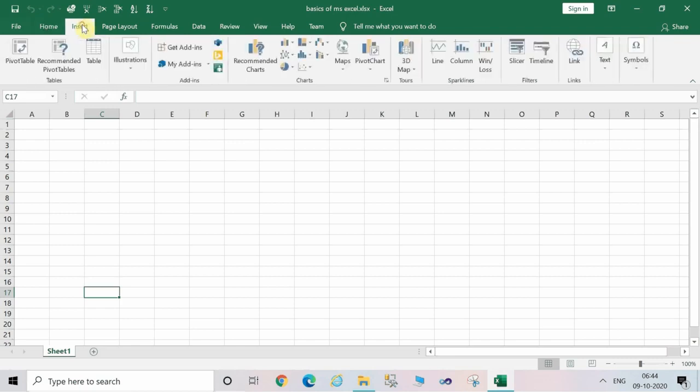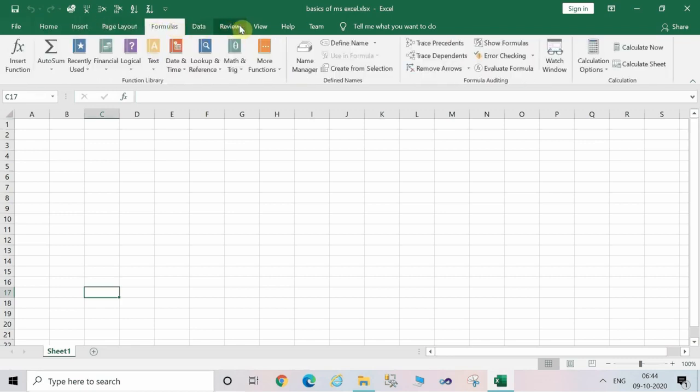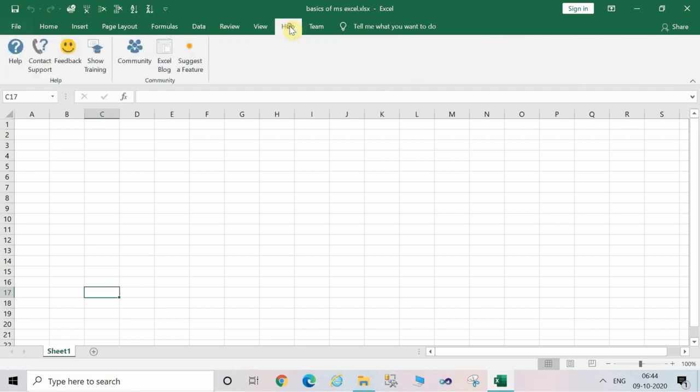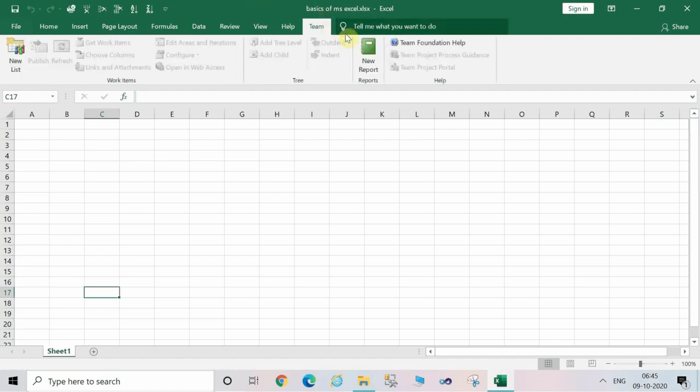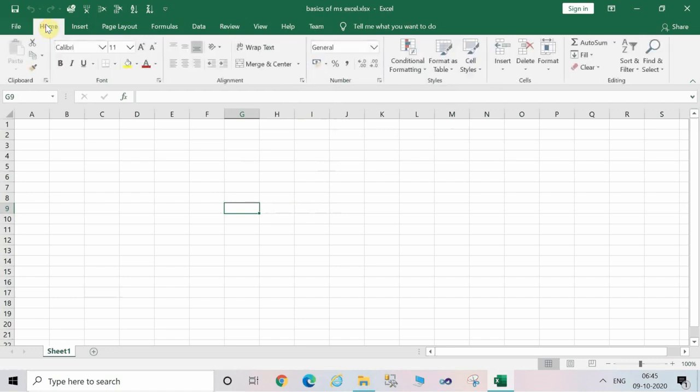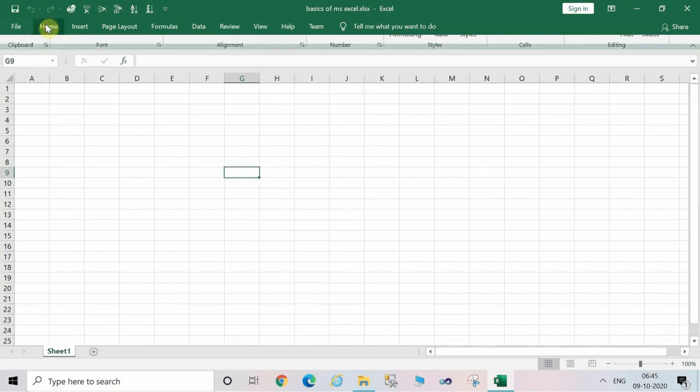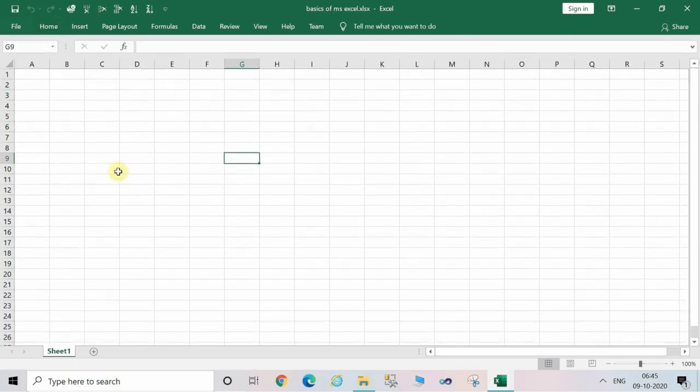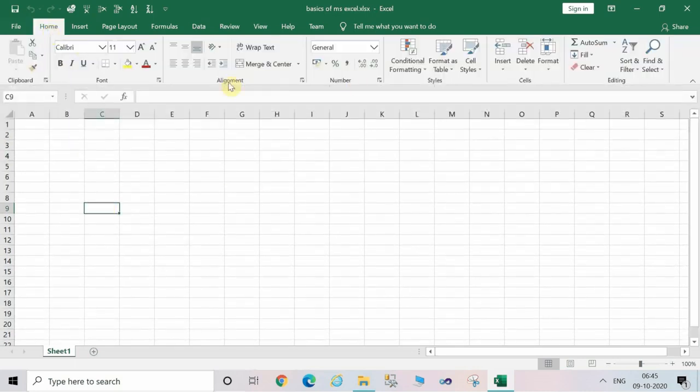This is the File button of Excel. Here are certain options, and these are called the tabs. This is the Formula tab and certain other tabs. The options of these tabs are totally different from each other, which we'll see later. These tabs show their options in the ribbon. If you double click on the Home tab, it will get hidden, and if you double click again, it will become visible. Likewise, you can try other tabs also.